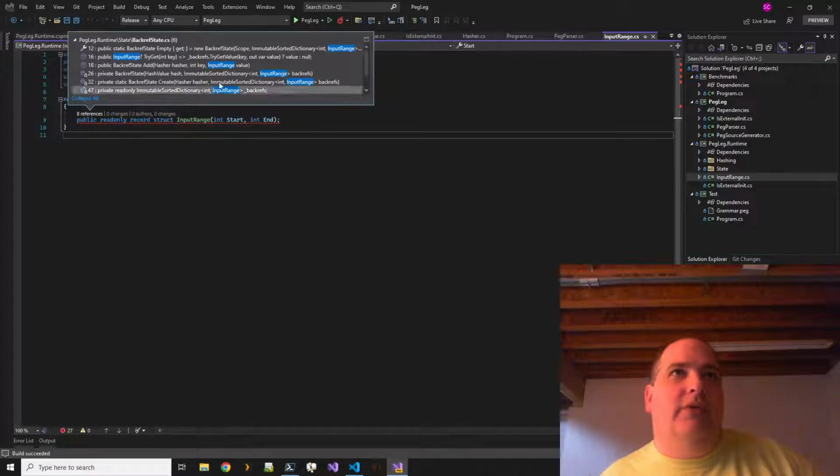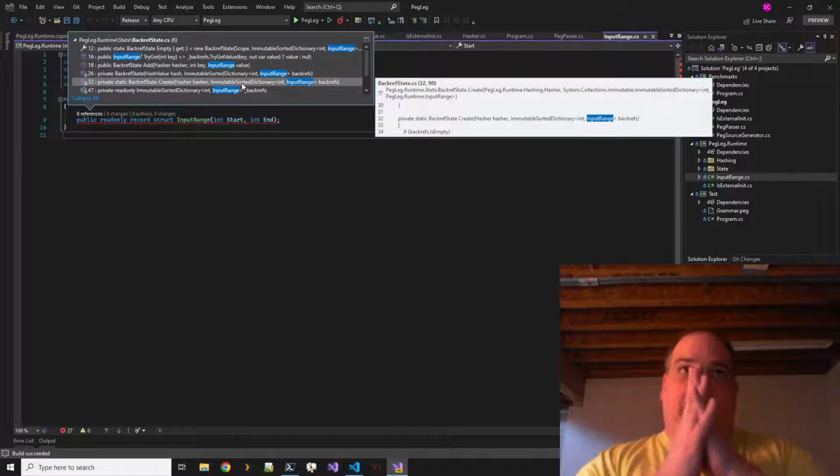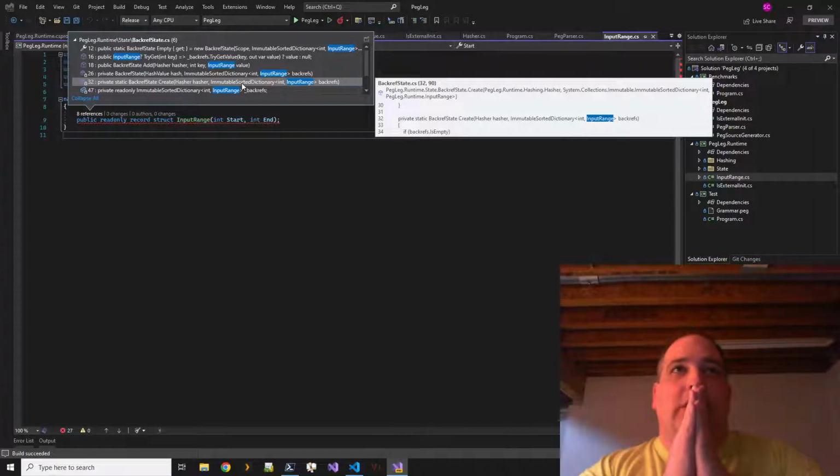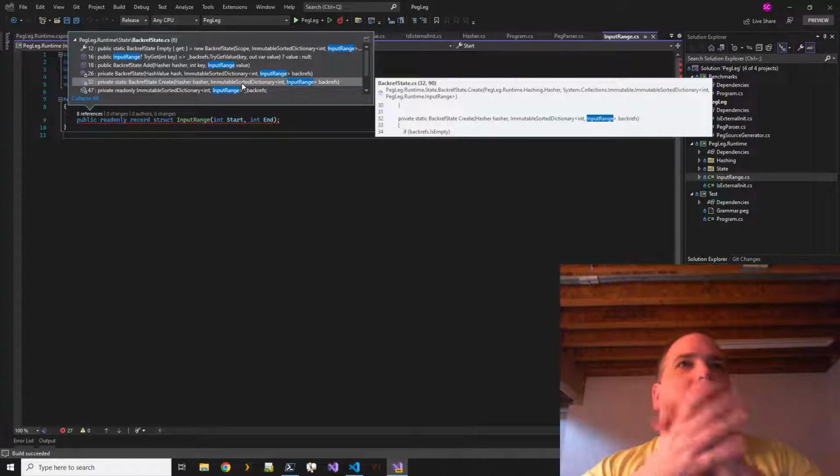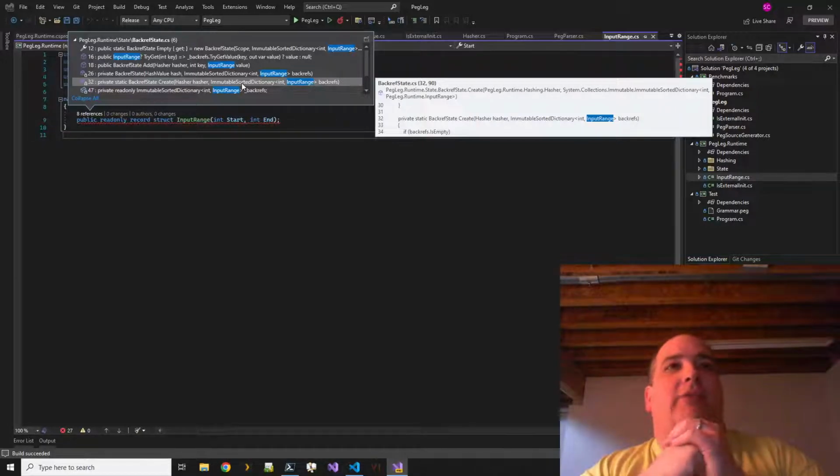And I'm using this for some of my state stuff. And really, what I'd like to use here is probably a memory. Read-only memory of char, maybe. What I end up using is just an input range, and then that's kind of implicitly attached to the memory or string of the input.